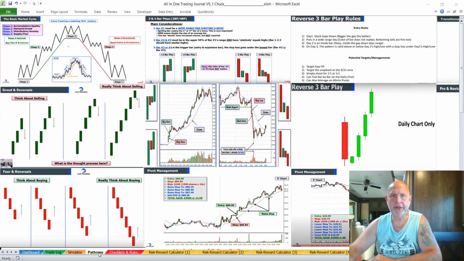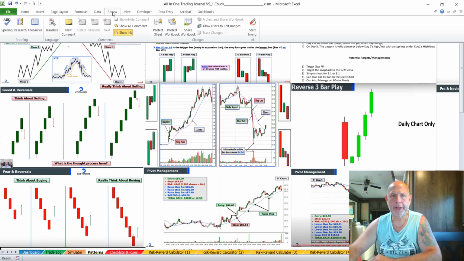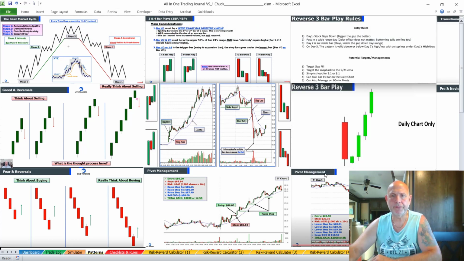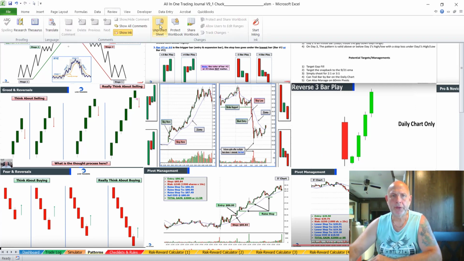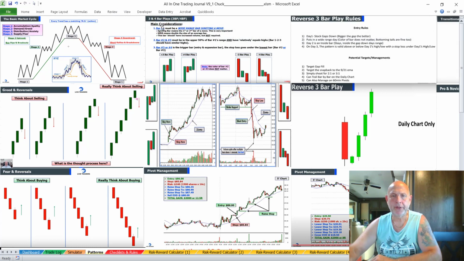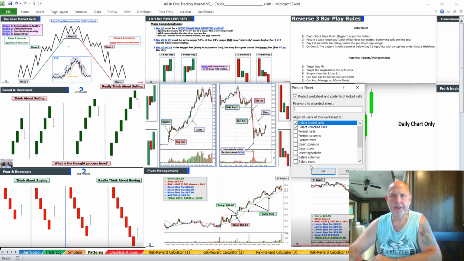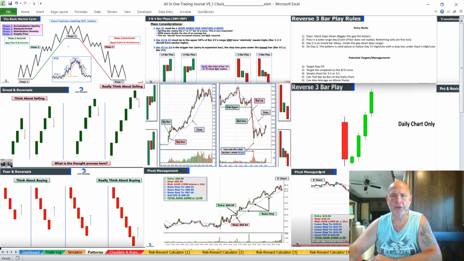Once you've added those trading strategies, go to Review, click on it, click Protect, and then click OK. If you wish to add more trading strategies, go back to Review, click on Unprotect. Now you can add more trading strategies. I highly recommend you go back to Review then, click Protect, and click OK so that you don't lose any